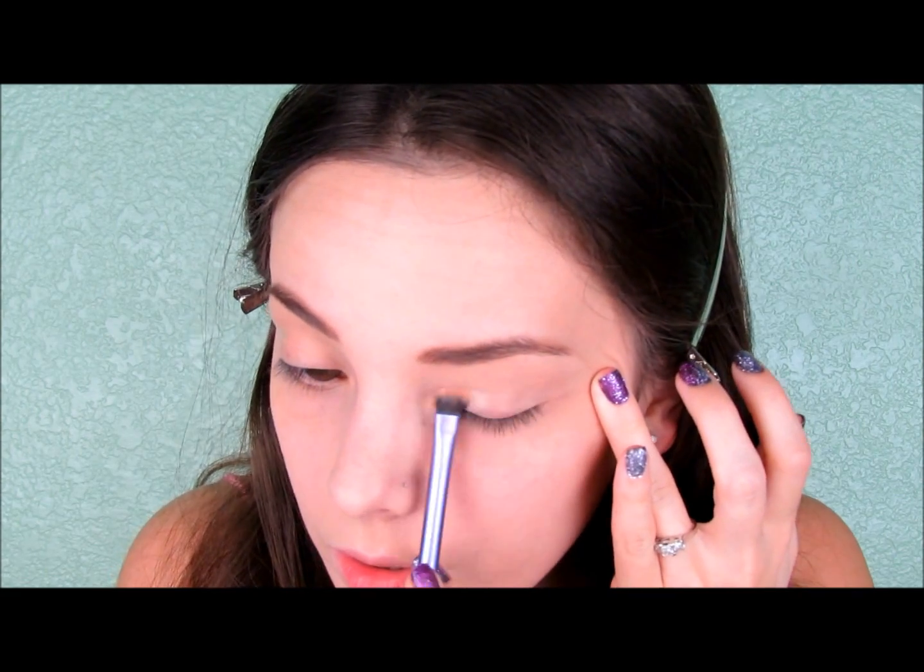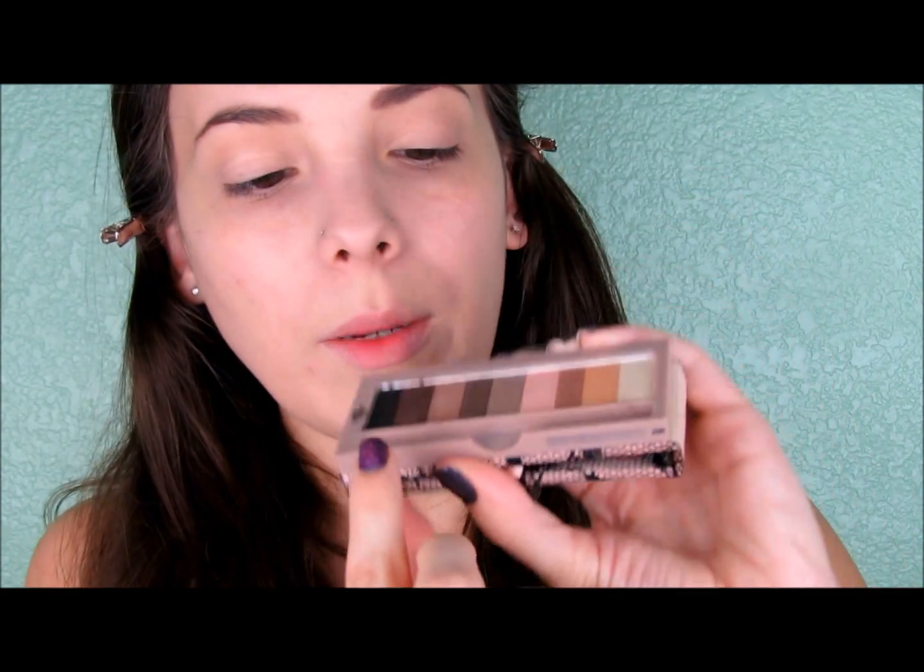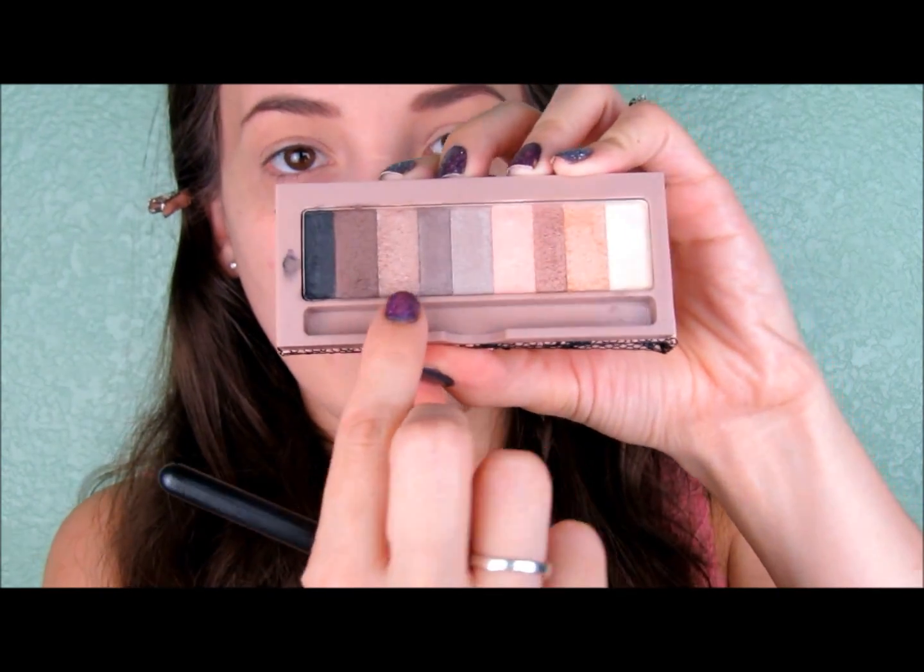And since I applied my foundation over my lids, I'm not going to be applying a base, but if you want to take that extra step to add the base, feel free to do so. So this pink shimmery shade is not going to add too much color, it's just going to add a little bit of shimmer there. And I want to add just a little bit of depth through the crease, so I'm going to take this kind of taupey brown right here,